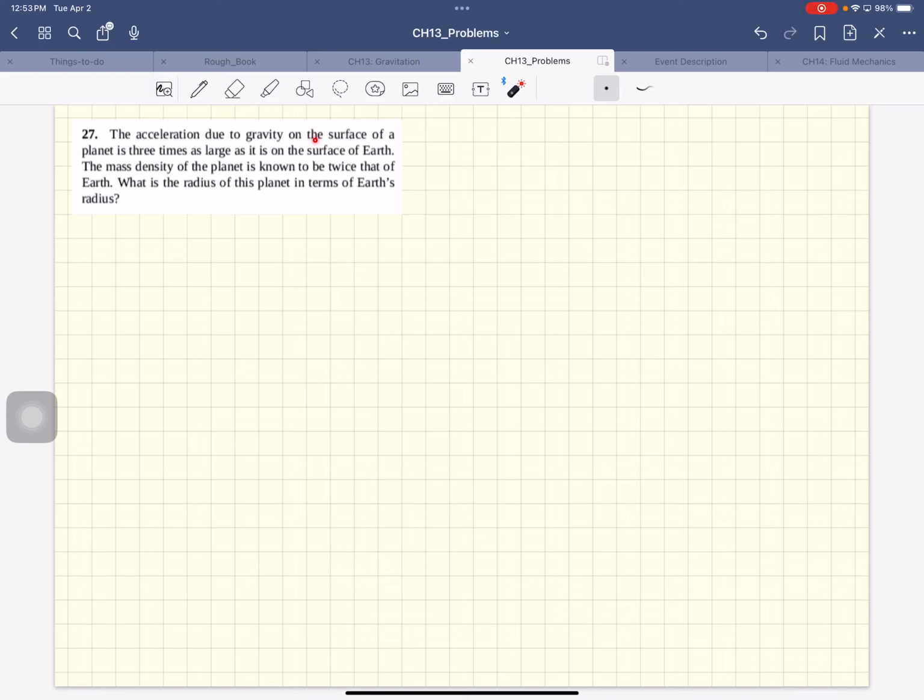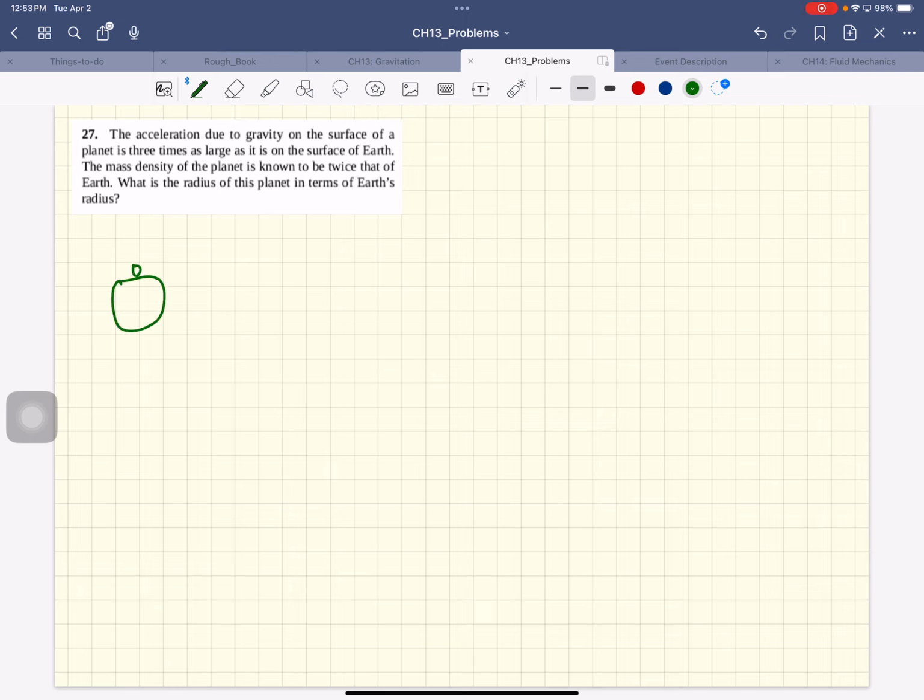All right, the acceleration due to gravity on the surface of a planet is 3 times as large as it is on the surface of Earth. The mass density of the planet is known to be twice that of the Earth. What is the radius of this planet in terms of Earth radius? Okay,